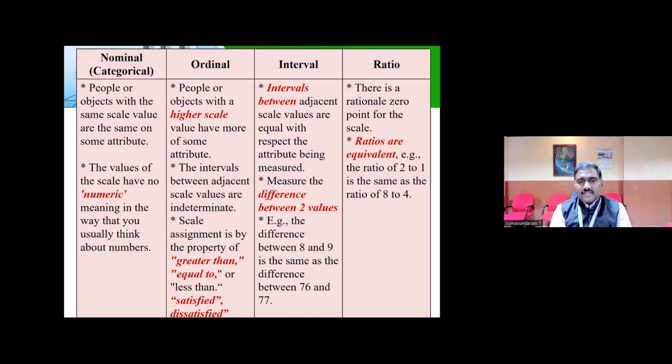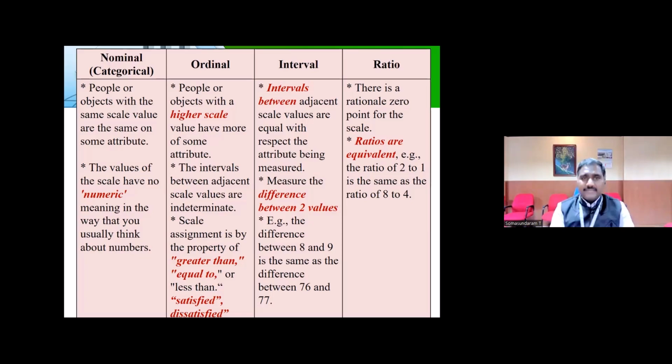And the interval scales talk about equal intervals, where the difference between two values, the lower and upper limits, will be the same for all ranges of data. And the ratio scale starts with a zero point, and it will have equal ratios between the two variables, right? So most probably we will be dealing with nominal as well as ordinal. Intervals depend on the variables we use.